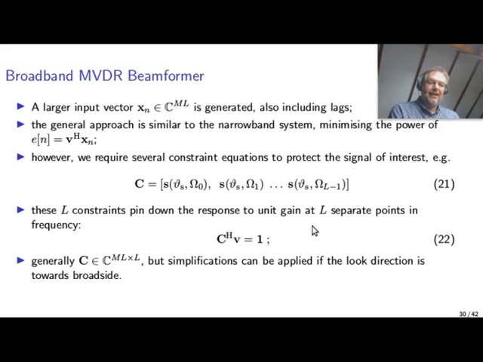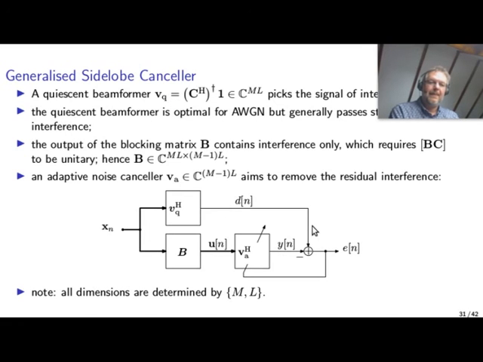Yeah, but this is not a single constraint anymore. C is now a matrix and contains a number of equations to enforce these constraints. One way to solve the MVDR problem, i.e. to solve a constrained optimization problem, is by means of a generalized side-lobe canceller. The power of this technique is to convert this constrained optimization problem to an unconstrained one,